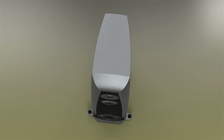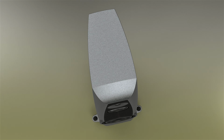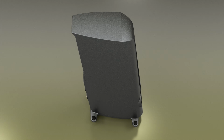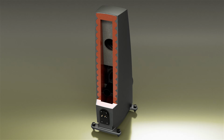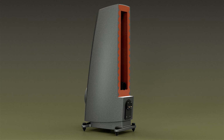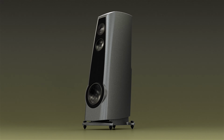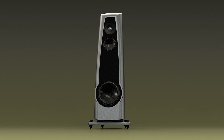Immediately apparent are the classic Rockport design cues, all of which contribute to our deliberate form-follows-function philosophy. A continued evolution of our world-renowned enclosure designs, the LYNX utilizes an all-new DAMSTIF3 enclosure, which is formed from a single massive aluminum casting. This fabrication process completely eliminates the limitations imposed by conventional construction methods and allows us to fully optimize the enclosure for ideal drive unit placement, reduction of internal standing waves, and minimum edge diffraction, ensuring a